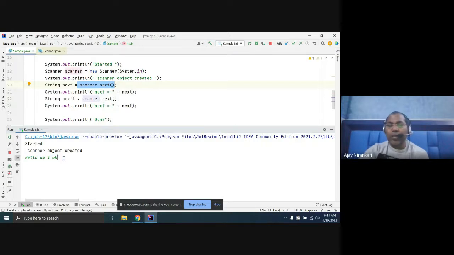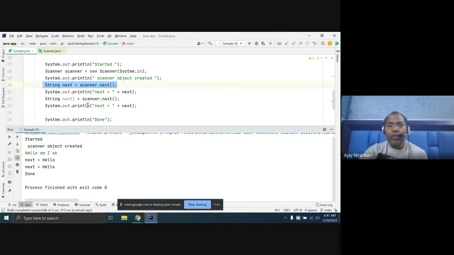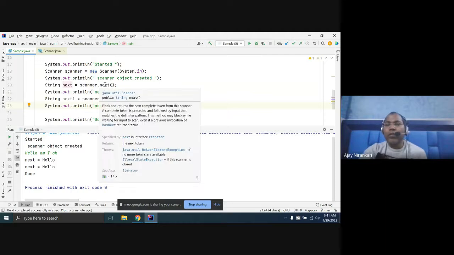Until you press the enter button, your code is stuck on this line. Let me press enter. Then you notice it says next is hello, next is also hello, because next only reads your first token always.